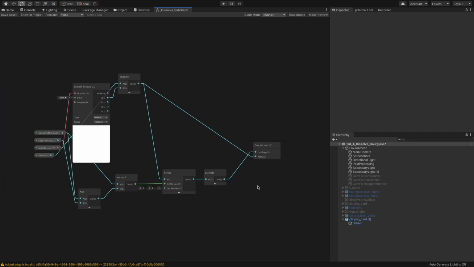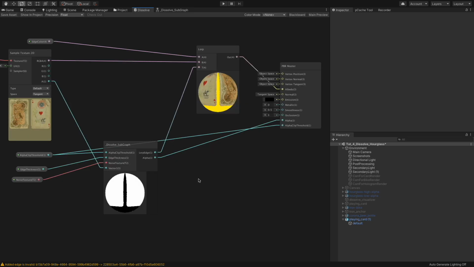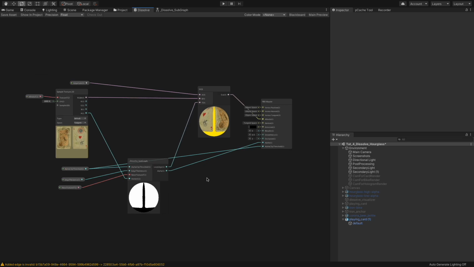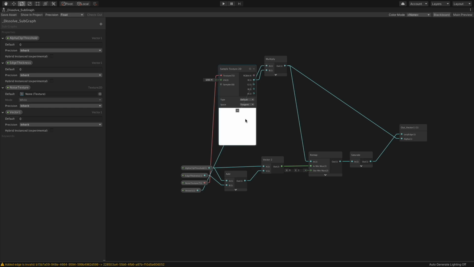After saving this subgraph and going back to the shader graph outside, the output ports have meaningful names as expected. I want to rearrange the input ports to have the alpha on the top, and I want to have the alpha clip threshold as an output port for a cleaner graph. So I'll go into the subgraph by double-clicking the node, much faster than accessing the right-click menu.